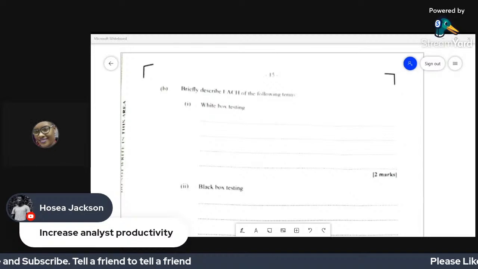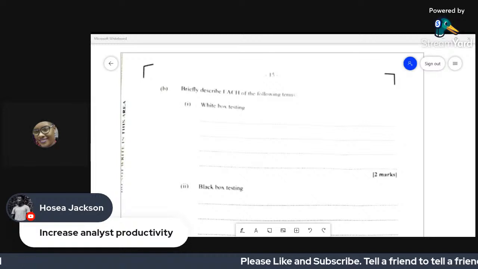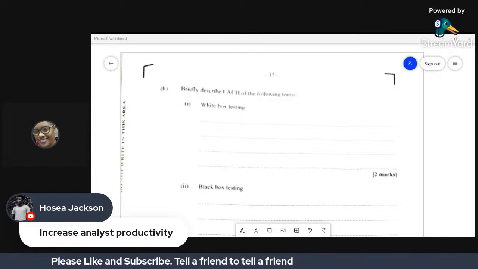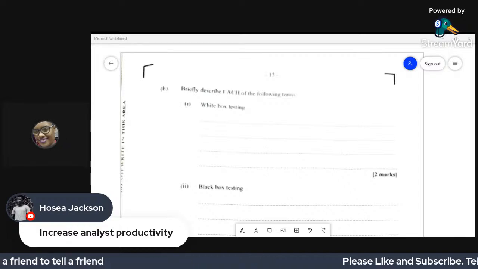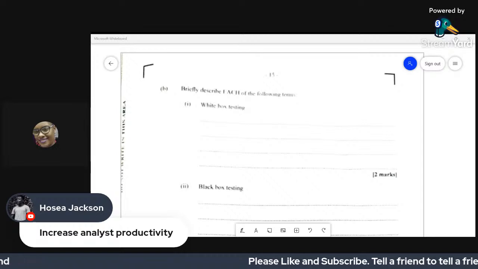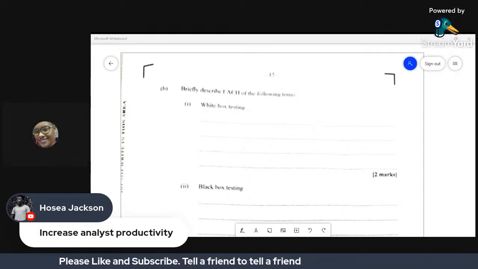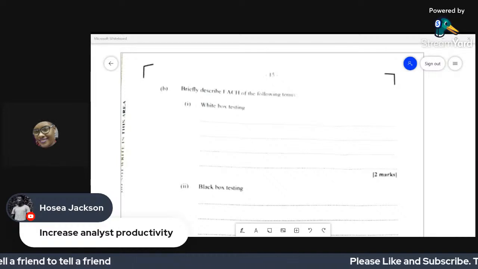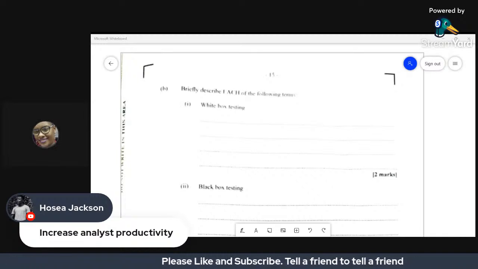You're going to create a trace table for this particular system, knowing its functionality, knowing what the code is supposed to do. It is supposed to calculate a sum. So if I enter three numbers, 2, 3, and 6, I'm supposed to get 11. You know what the system is supposed to do, and that is white box testing. So you're testing the system knowing the functionality of the code.